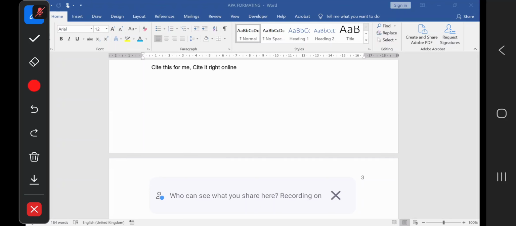There are instances that you can use articles, you can use journals, you can use past theses. There are different ways that you can get sources. So getting sources is not a hard thing. One of the ways to get sources is, for example, if we were to talk about